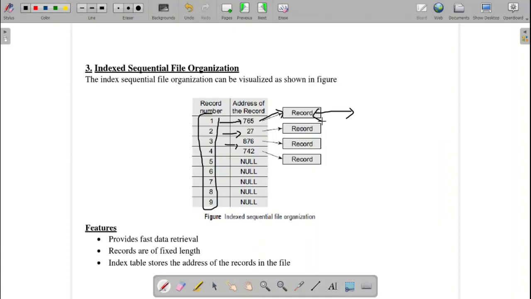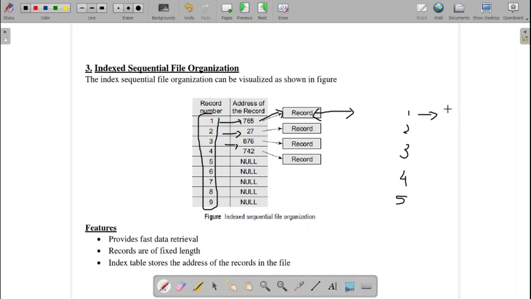Fine. So now let us go with the indexed sequential file. What is a sequential file? The elements or the data are stored one after the other. 1, 2, 3, 4, 5, like this we will store. So now this is the arrangement of the sequential file. Now this sequence will make it as the index. Now for each index,